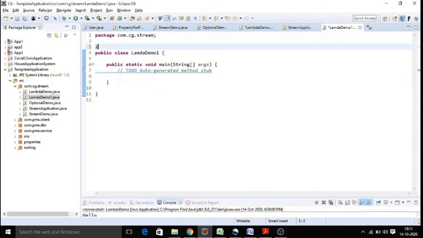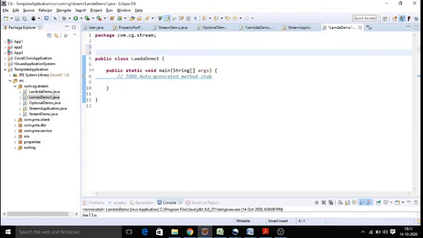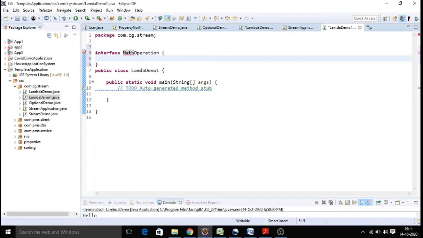So let's say we write an interface called MathOperation. In it, I am going to make a method called operation, whose return type is integer, and I am going to pass two integer arguments.